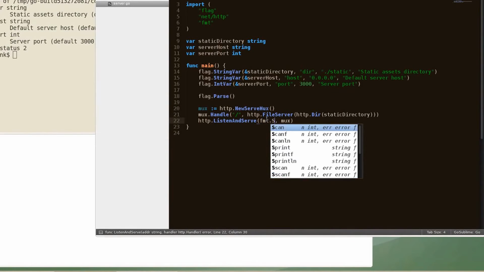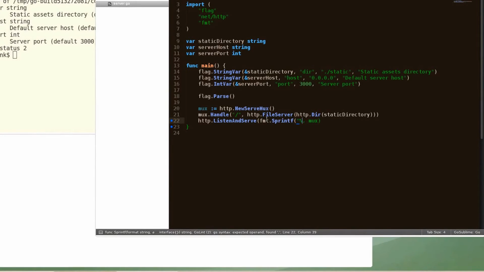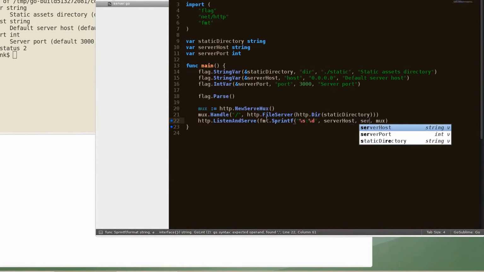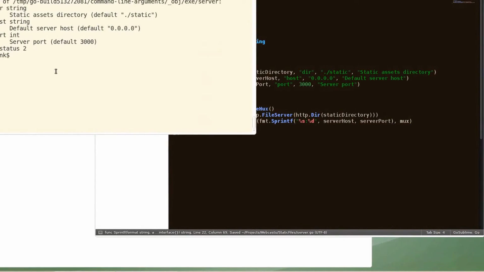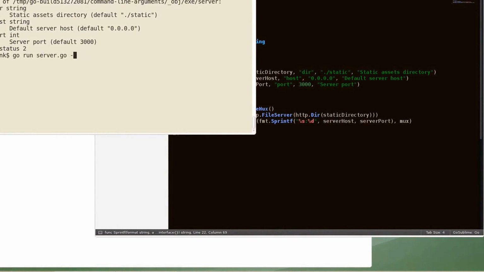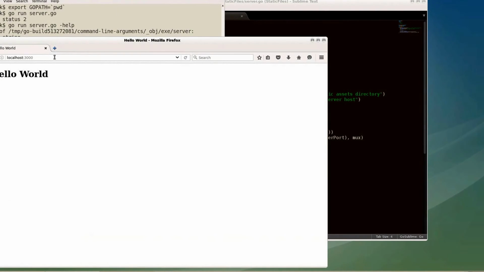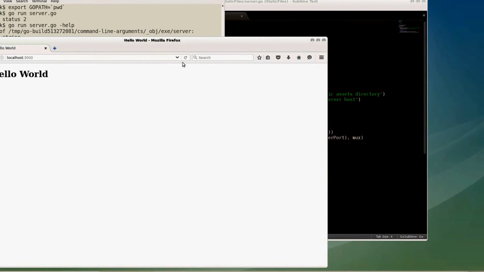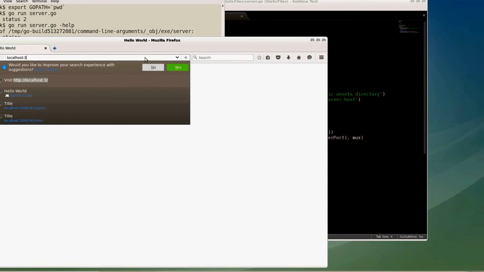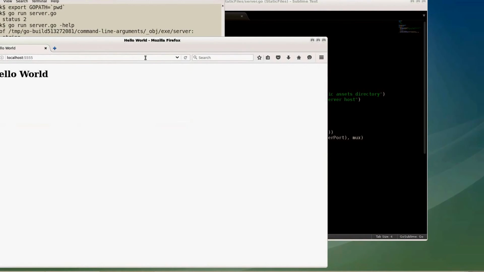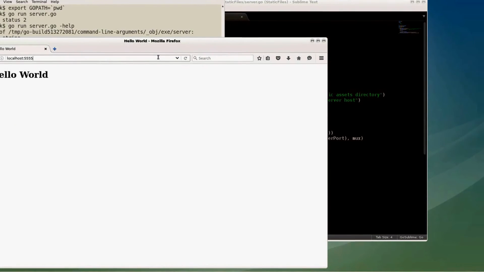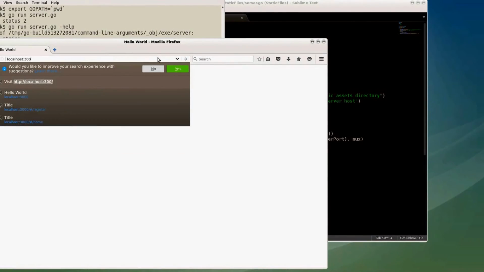Remember, if you pass in a host name, only that host address will be used to listen to requests, like 127.0.0.1 if you just want to listen on the localhost. In this case, we're using 0.0.0.0 as default, which is all interfaces on a host. So now if we run this and set the port to 5555, we'll be able to go to port 5555 and see that we're serving our content. And if we go back to port 3000,